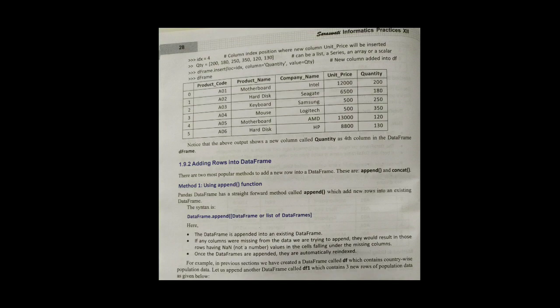It is dframe dot insert, loc is equal to index, meaning now we are going to add a column at index 4, the column name is quantity and the value is equal to qty. So qty we have now created: 200, 180 etc. When you display it, it will display product code, product name, company name, unit price and the quantity.